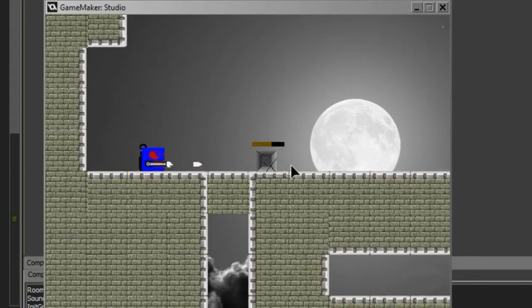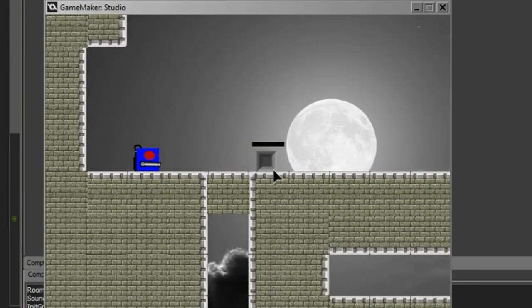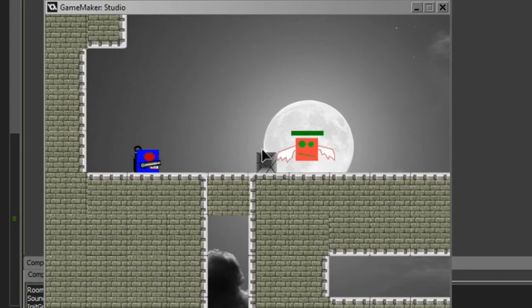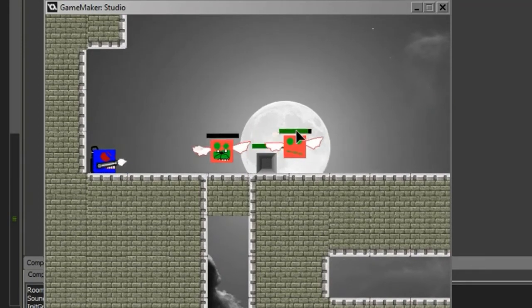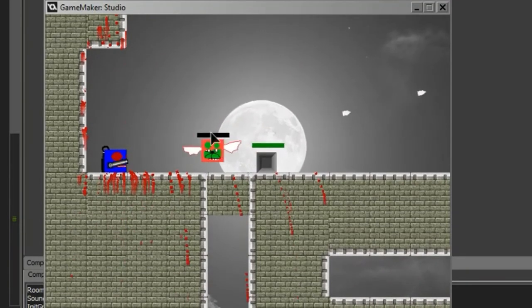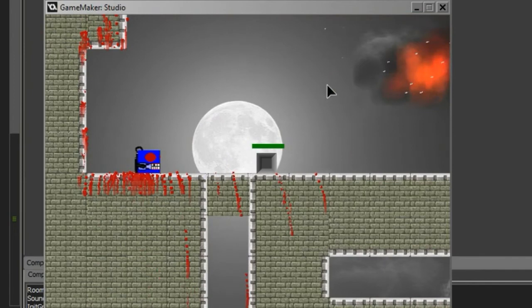You can see also this stone. I can break it and it can build up again. Maybe in some games you need this, maybe to protect yourself from the enemy that shoots you like that, or you can create something that protects you. Okay,